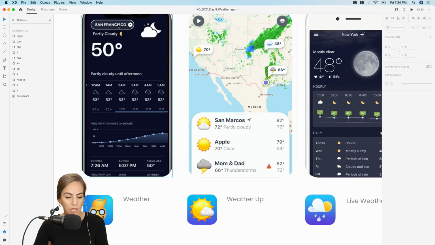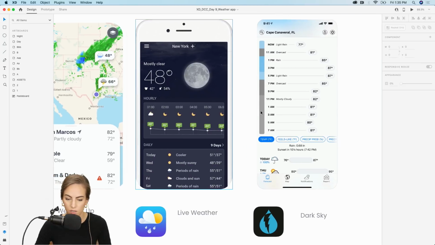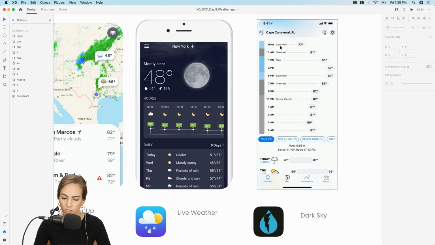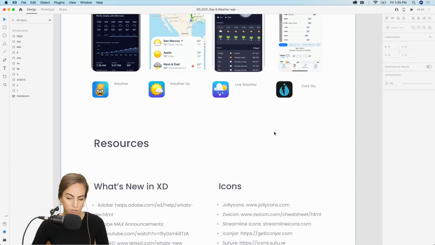Maybe have the location. You can use some little icons for if it's sunny or cloudy or nighttime. But basically just show a timeline of the temperatures. You can do it horizontally or vertically if you want to scroll through that way. Feel free to have fun, but we're going to focus on the blending modes.